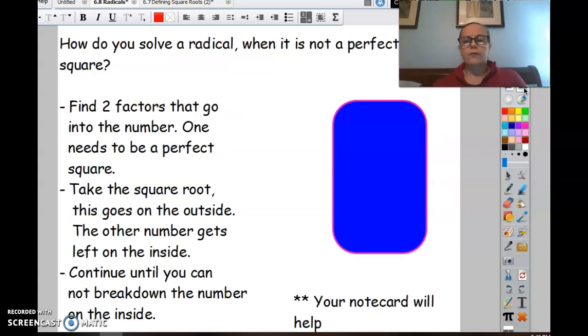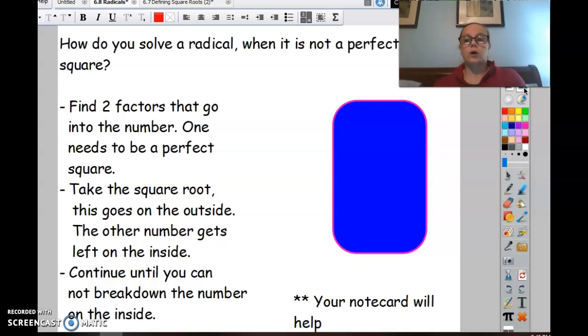If you saw, we linked up a note card for you guys to use. This note card PDF will be a great resource as you are getting through this. These are the perfect squares of the first 15, which are really going to be helpful for you when you're simplifying